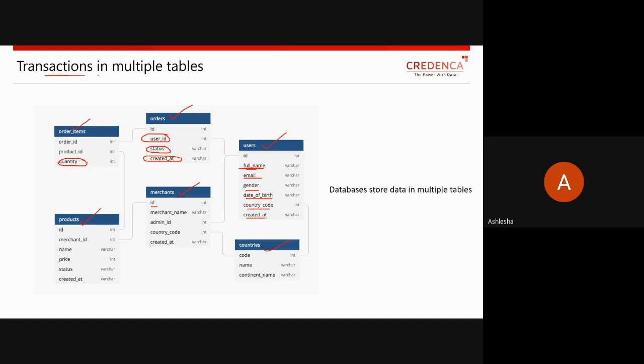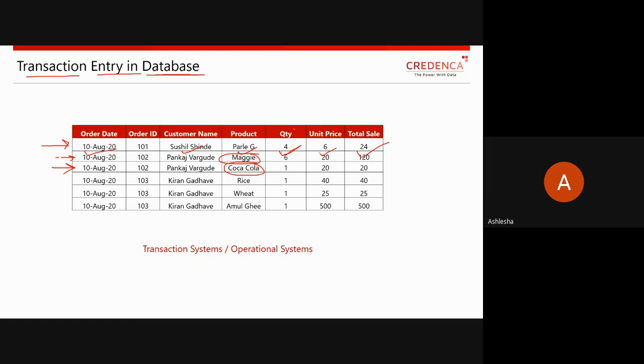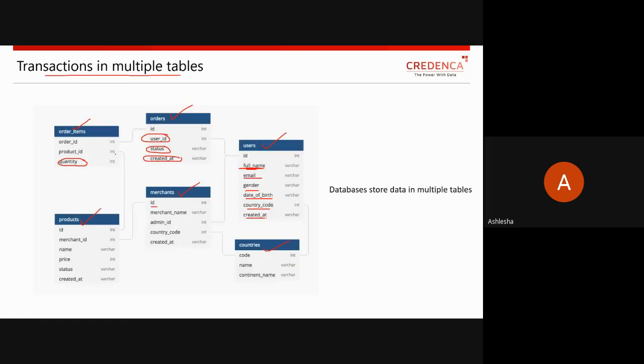So as per the requirement, if you want to maintain very detailed data, at that point a single table won't help you, and you have to keep related data in different tables. So a database stores data in multiple tables in that way. As you know, all this information is related. Once you have maintained your data in different tables, based on IDs, based on some primary key, you can connect all these tables.